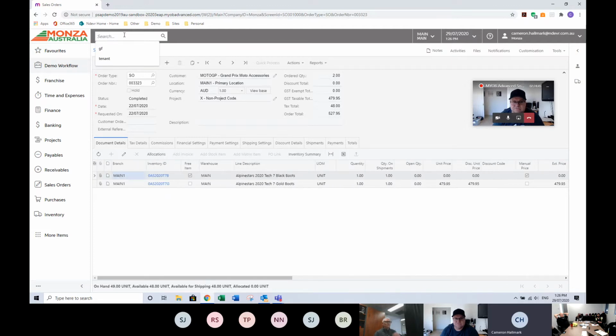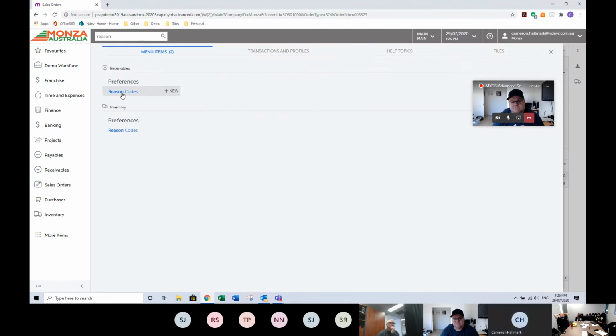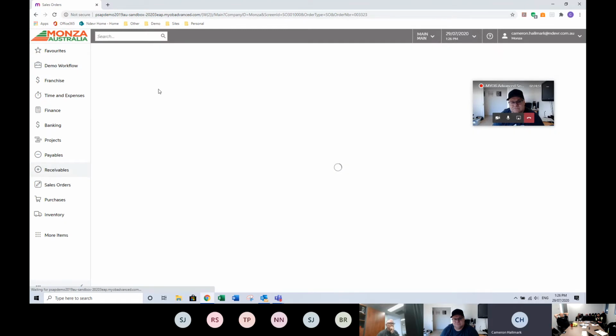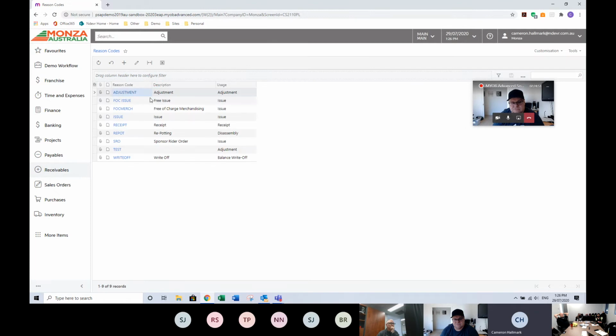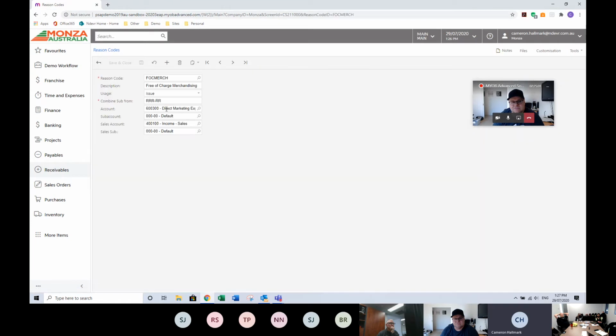So when I set up the reason codes originally, here's a list of the reason codes in the system. So, you know, sponsor rider order, free of charge, whatever you want to call them. If I just click into this specific one here, I can override the sales accounts and cost of goods sold accounts that these items go to. So instead of going to cost of sales, this is now going to direct marketing expenses if we use that reason code. So back on that sales order,